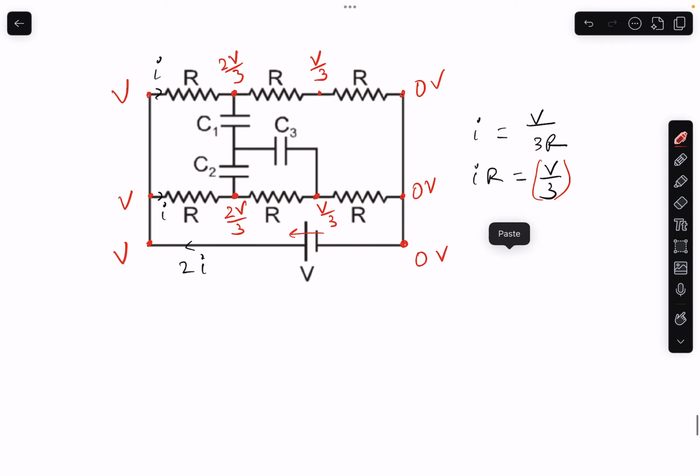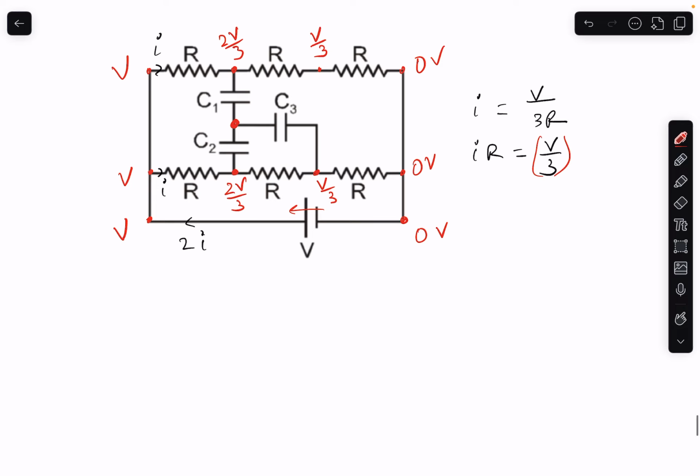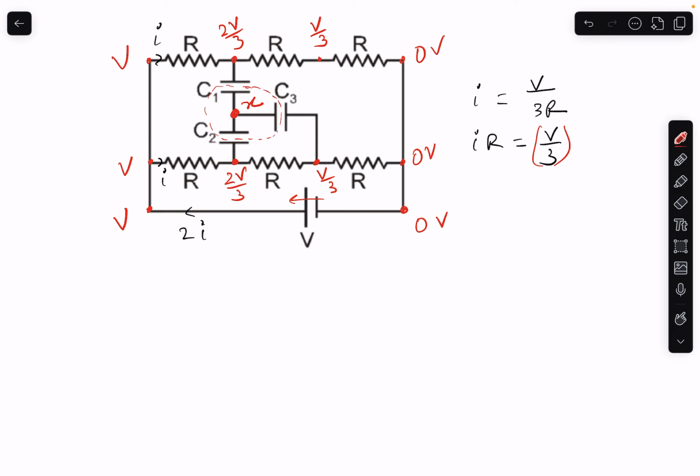So we have more or less written the potential of all the points except one point. This point, the potential is not known. So let us assume the potential is X and apply nodal analysis. Since this part of the capacitor plates is isolated, the total charge will be 0 there. So if I apply nodal analysis at the point X